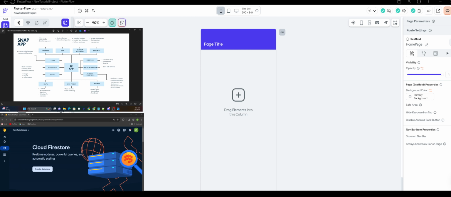If you're new, welcome. FlutterFlow is great, but you need to be able to adapt and learn some more things to app development to be able to have an efficient and capable app of supporting a lot of users and be able to be efficient and fast. So with that being said,